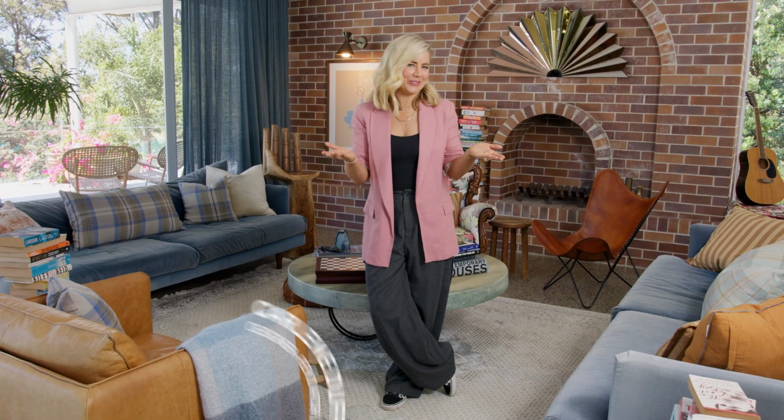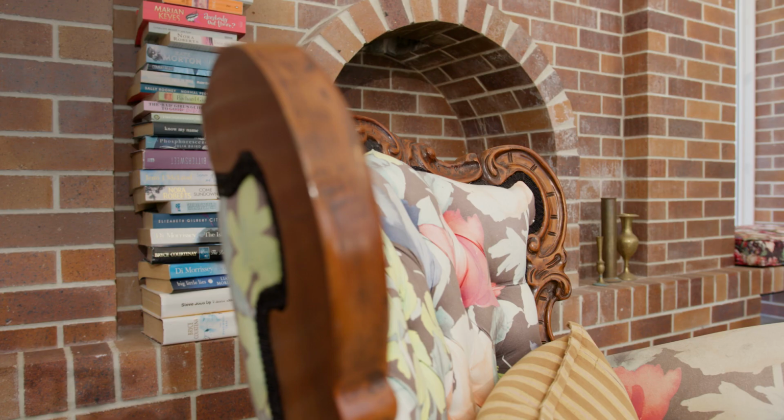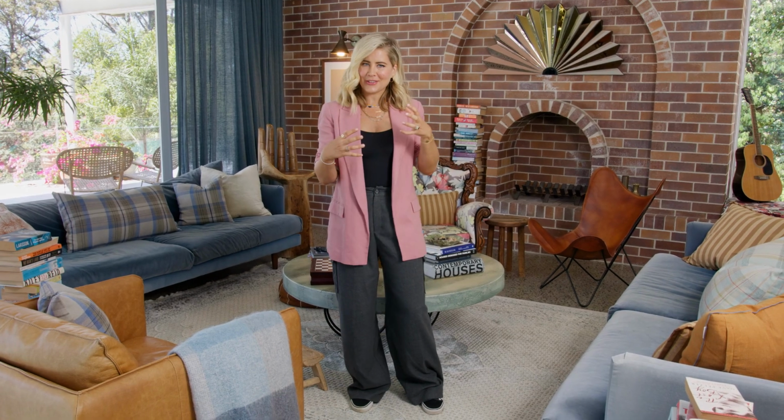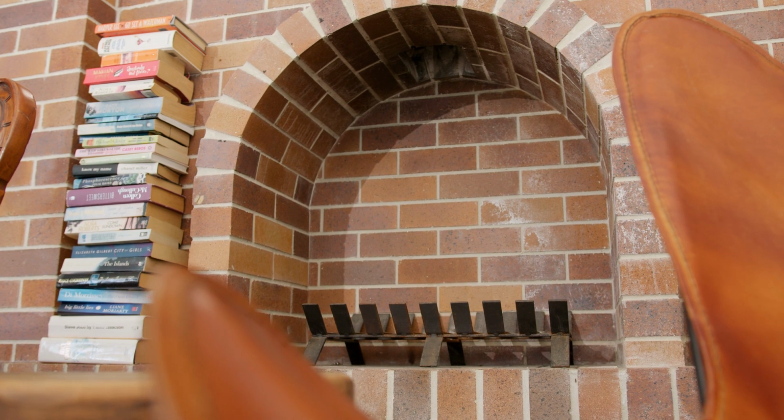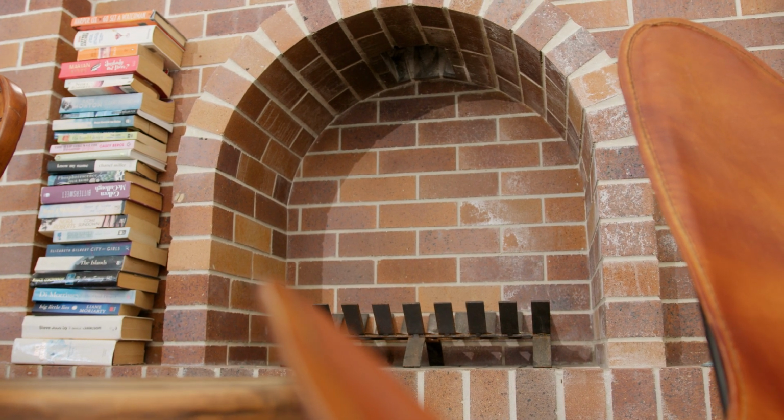Hi Domain, I'm Carlene Duffy, designer and renovator, and welcome to my living room. This room sort of just fell together with items I stumbled across or that I had recovered, so it's a bit of a mishmash. The main cost in this living room was the brick wall. It's 100% worth it. It adds interest and character, and it adds a real warmth, which I think is really